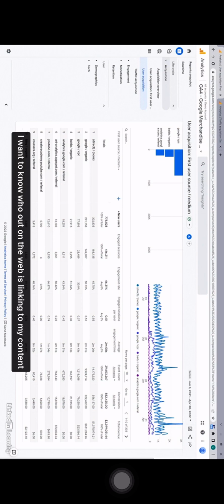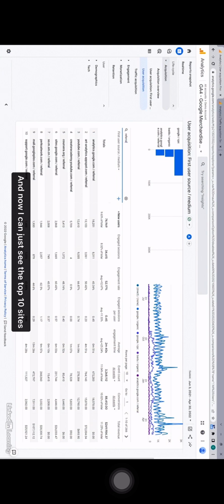Now remember, referrals are going to be people who are linking to you. They are referring traffic from their site to yours. I find those particularly interesting. I want to know who out on the web is linking to my content that's ostensibly driving business. And so let's actually search on that up here, and it will limit our results to just those referrals. So go ahead and create those referrals, and now I can just see the top 10 sites that are linking